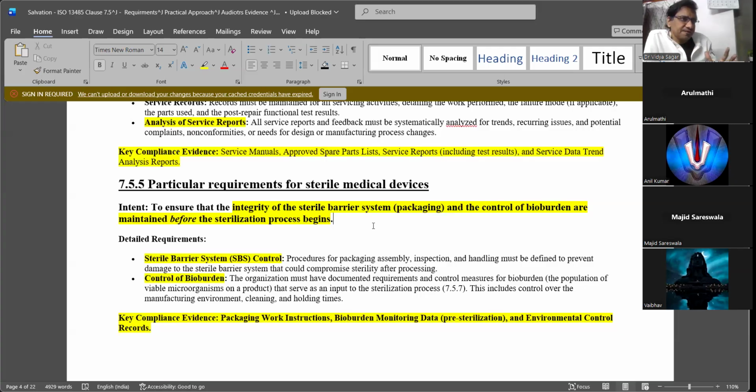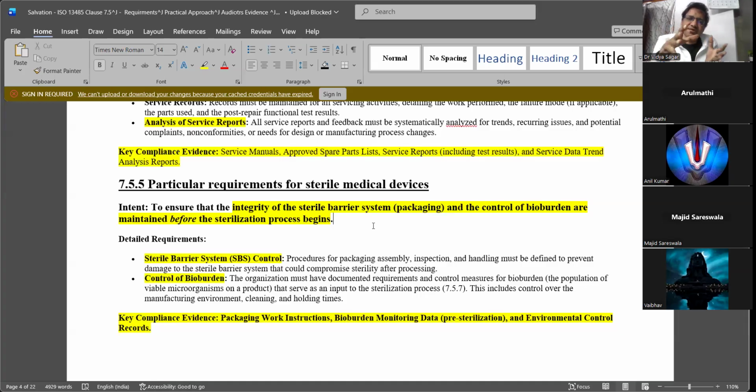So we pack the device in that Tyvek pouch and we sterilize it. During sterilization, the gases, gamma radiation, or humidity can enter through the pores. So after sterilization, there is no chance for outside bacteria to enter into the device.